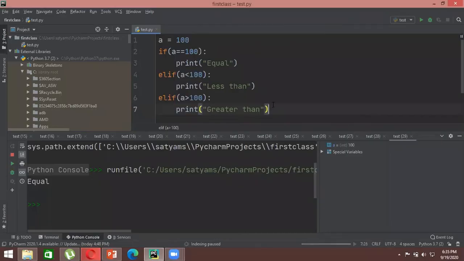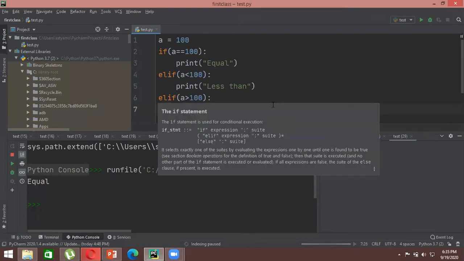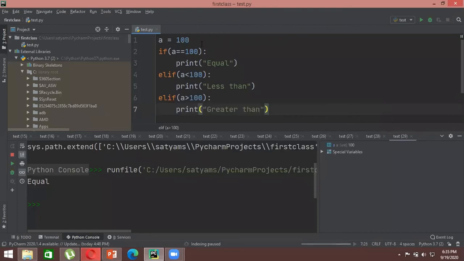What happens in this elif statement is that the very first thing Python considers is that a variable has been defined by the user, that is, the value of a is stored as 100. You have given a first condition saying that if the value of a is equal to 100, then I should get an output as equal. But if this condition is not true, then it will give you a value less than.